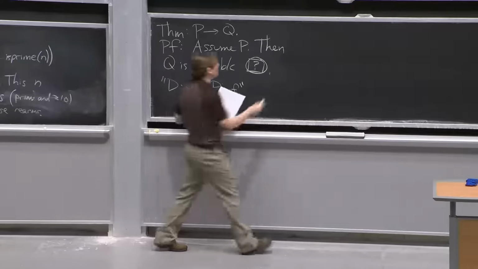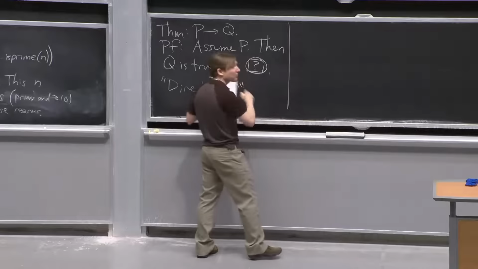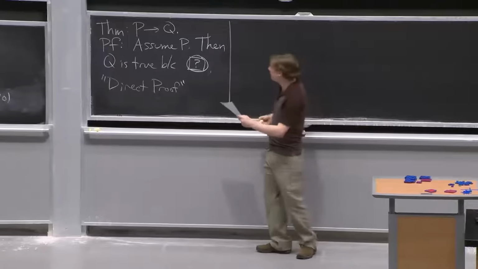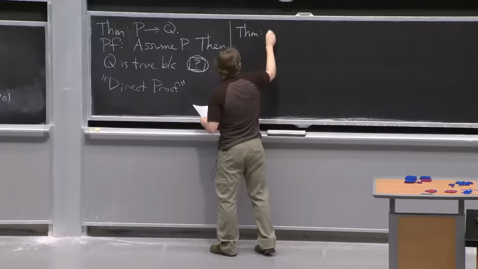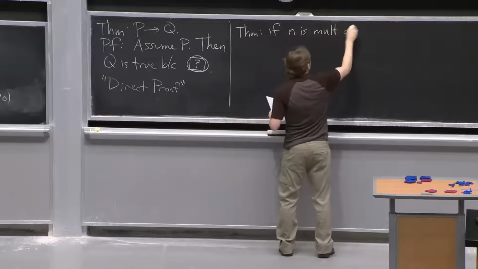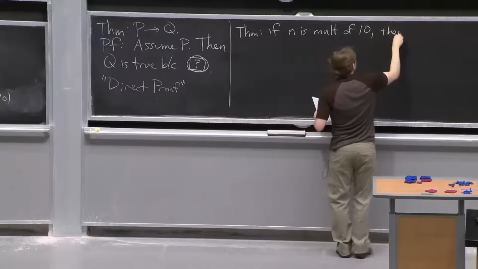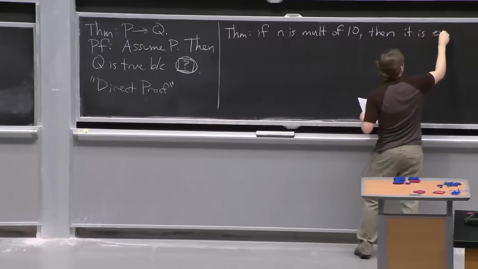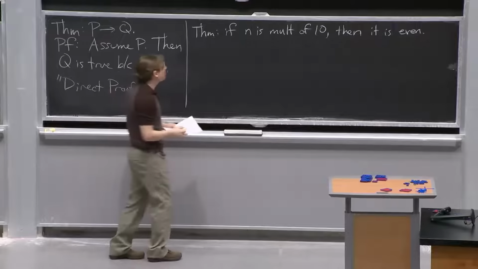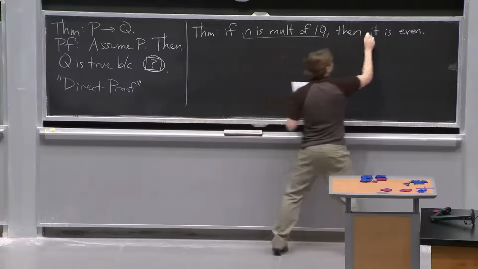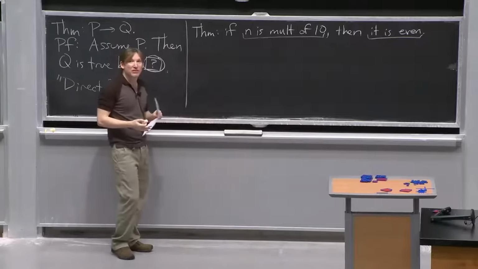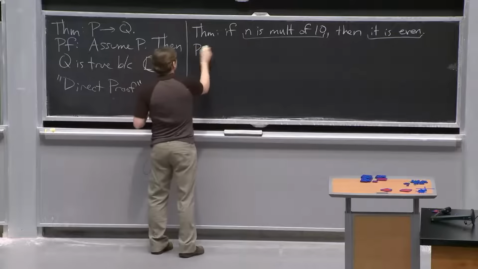But there is another common way. Actually, sorry, before that, let's do an example of proving something in this fashion. Theorem. If n is a multiple of 10, then it is even. If n is a multiple of 10, then it is even. We're proving an implication. N multiple of 10 implies even. P implies Q. So, even without having to think very hard, proof,